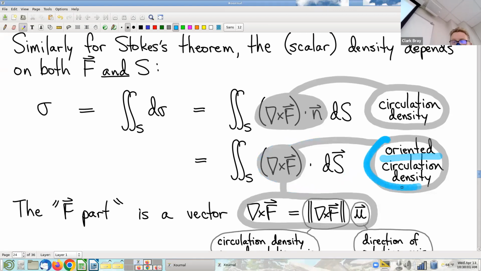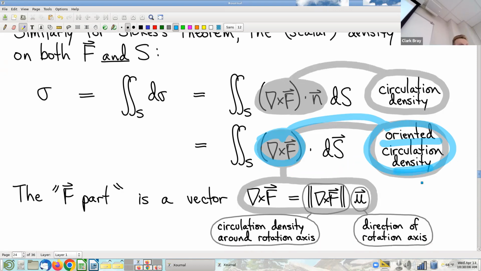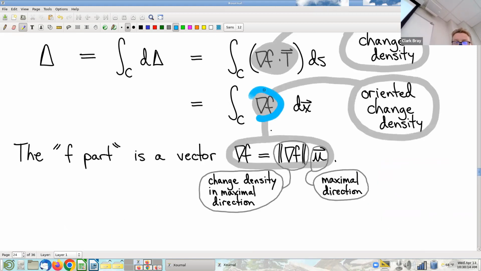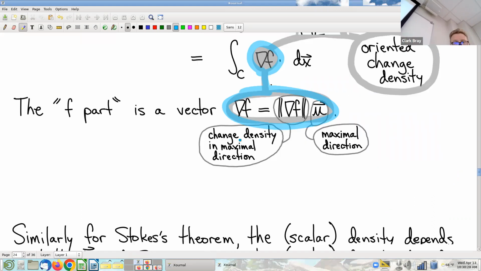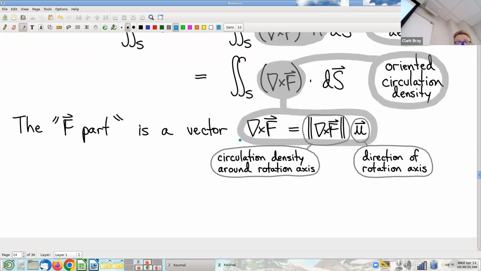And I think it makes sense then to call this oriented density, oriented circulation density in this case. So anyway, I think it's a nice point of view. Again, just like up here, even though I've motivated this algebraically, it also breaks down into geometrically natural parts. The magnitude and the direction of the gradient both mean something natural. And likewise here,